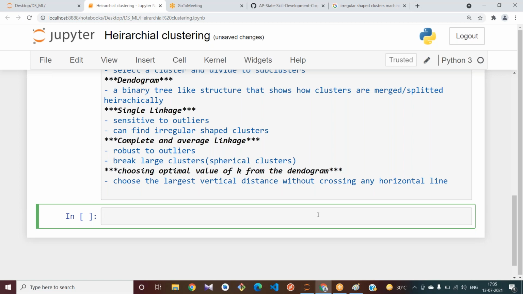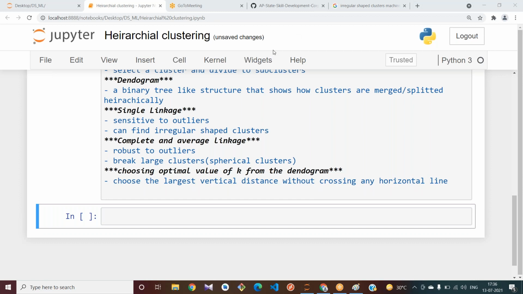Now I will also try to tell the importance of normalizing or scaling here. One student has already asked me about this. What is the difference after doing the scaling, and what do we need to do? What is the output if we didn't use scaling? That you can observe here.